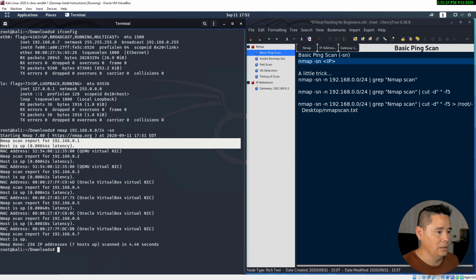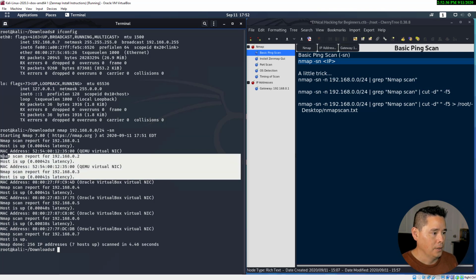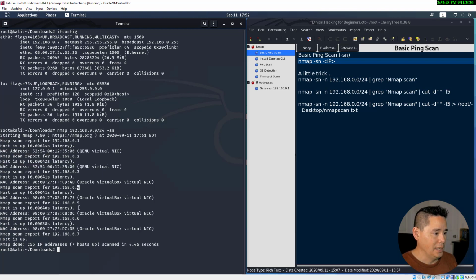And we're not looking to enumerate and fingerprint and learn things about the router that VirtualBox created. So we can exclude that from future scans. These two are IP addresses that VirtualBox is using for our virtualized network, so we can ignore those together. So we can ignore IP addresses 1 through 3, and we only really want to scan 4, 5, 6, and